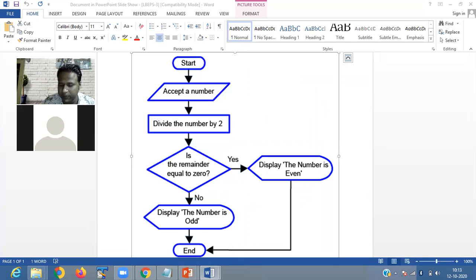Start, accept a number, I'm giving the computer 11. Now I divide 11 by 2. It gives you the quotient 5, and the remainder is